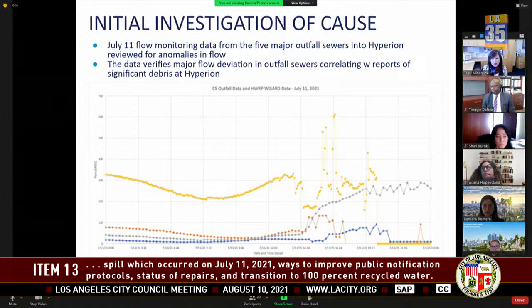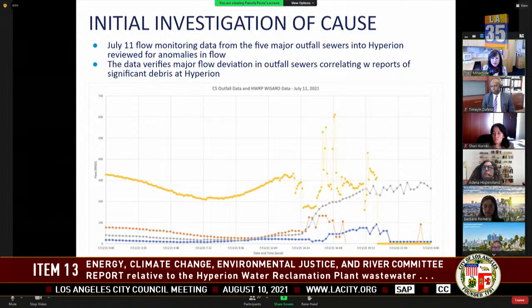So this was an indication to us that our flow gauging data can actually give us some really good information as to what's happening in the sewer. So when you go to the next slide,